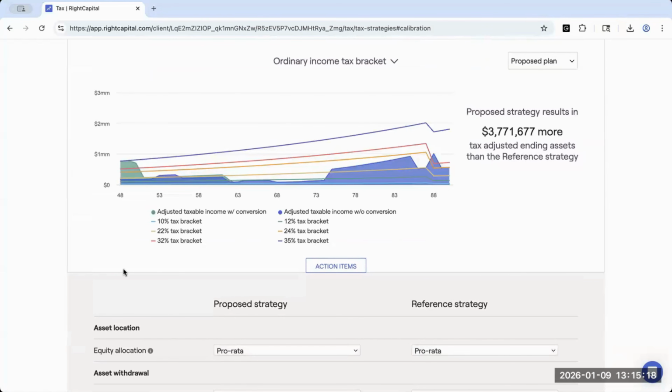So we're going to see the green shaded area is going to fill up to that tax bracket without exceeding it. This is going to start as early as possible and then go until we've either fully depleted the tax deferred accounts or we're unable to convert further. So we're seeing that occur here just to show you very quickly